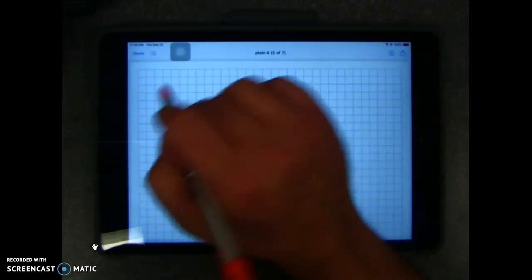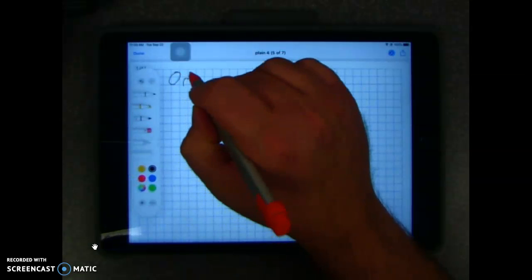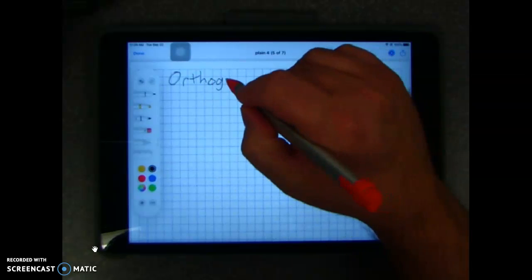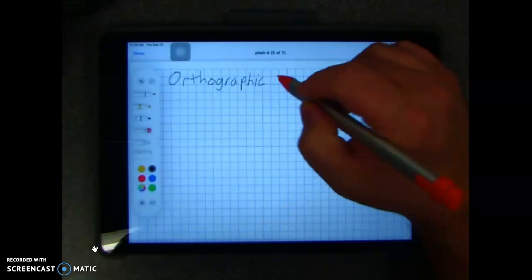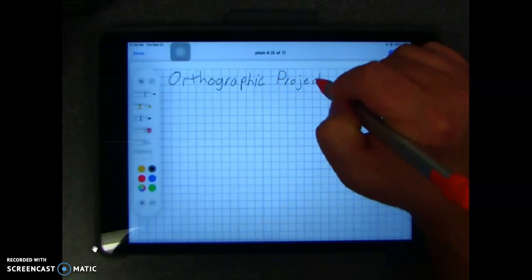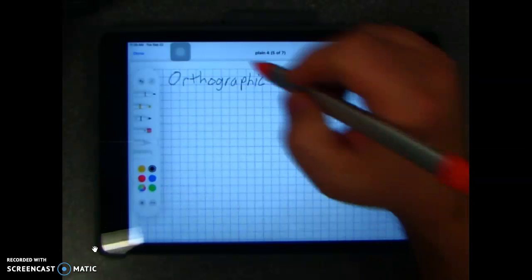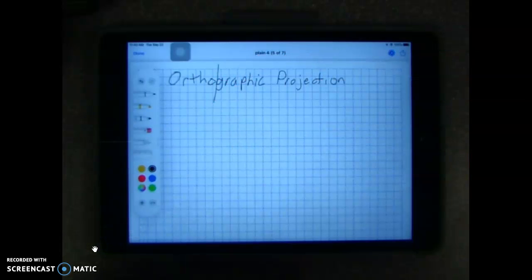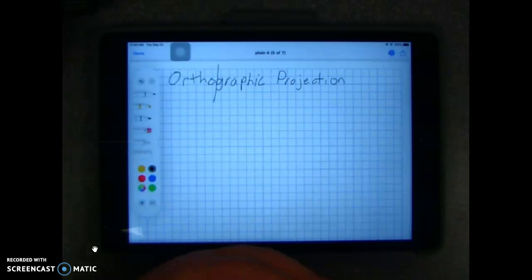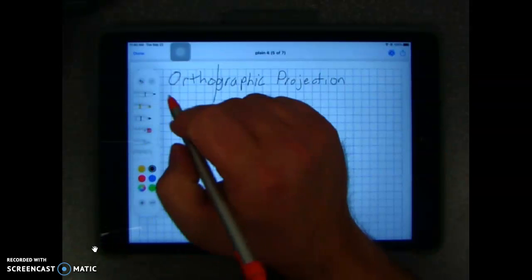So orthographic projection, we'll start by writing that down here. This might not be a term that you're familiar with. So like any of our new words, we want to try to break this into parts we might know. So if we were to break this into ortho and graphic, that might help us out a little bit. Now, because we're looking at this at the middle school level, some of you guys might have heard of a word that begins with ortho, such as an orthodontist. And that's the person who puts braces on your teeth to straighten them. Okay, so ortho for us